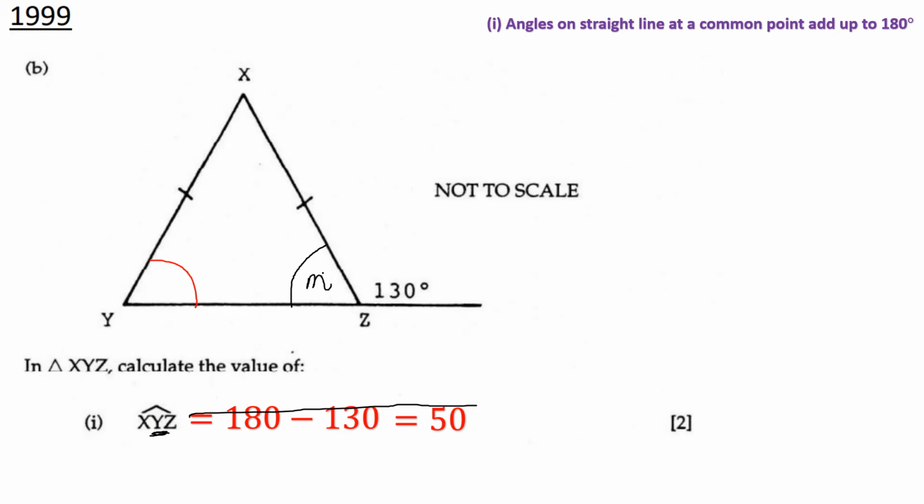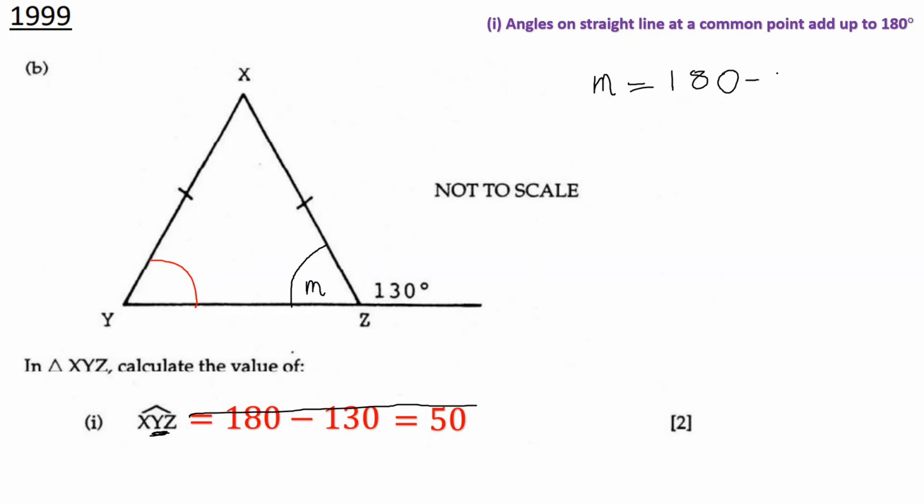All right, that's angle M. Let me use M, because I'm referring to the interior angle there. So let's say that if you're trying to figure out what M is, M is going to be equal to 180 minus